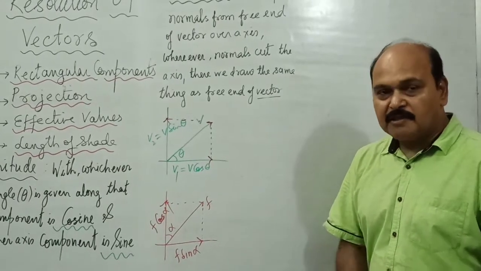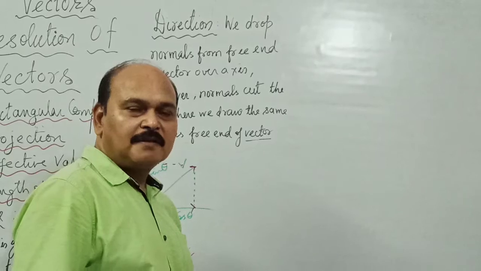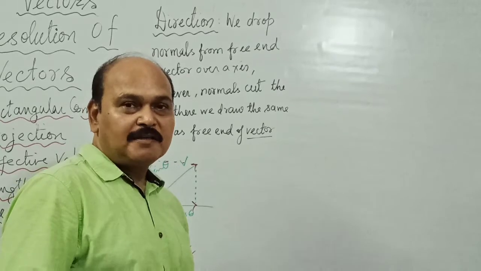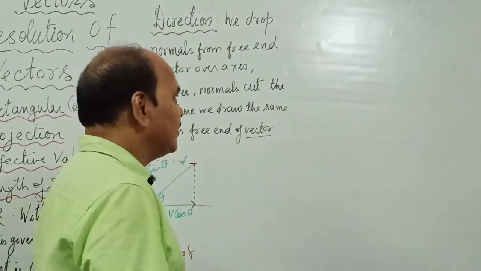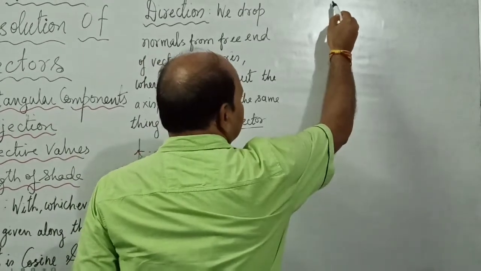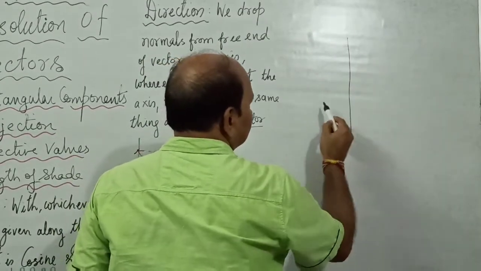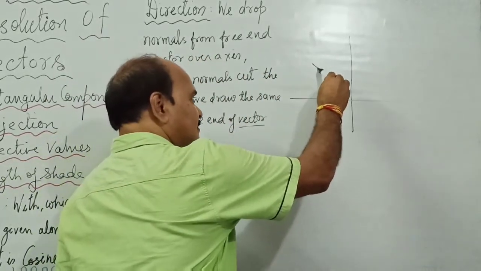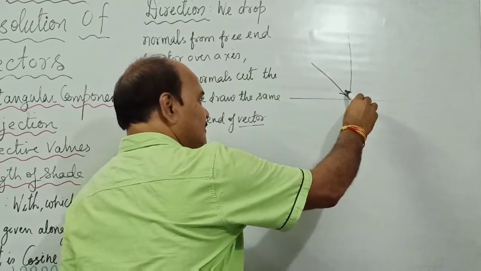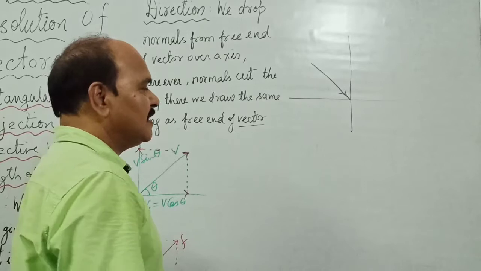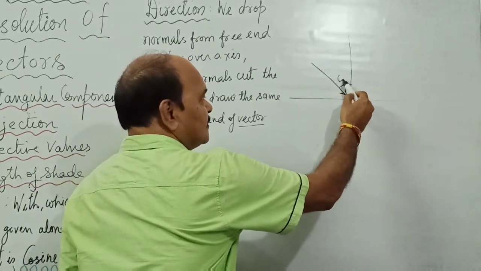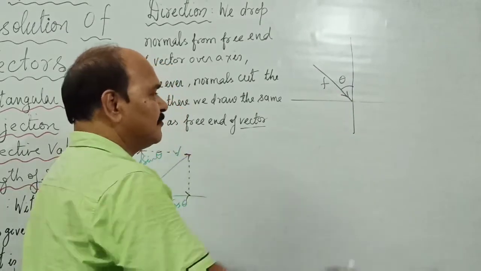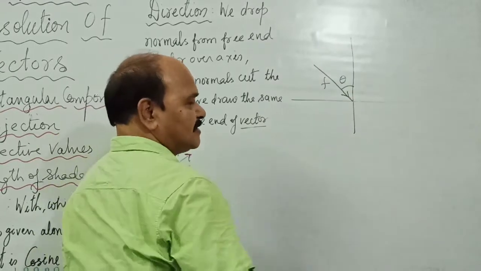Let us understand this further with a few more examples. Let's apply this generalized conclusion with regard to magnitude and direction of components in some more situations. Well, suppose the two perpendicular axes are like this, and a vector happens to be like this. And this angle is given as, say, theta. So what are the two components of this vector? Say this is the F vector. The force is acting in this direction. It makes an angle theta from this axis.